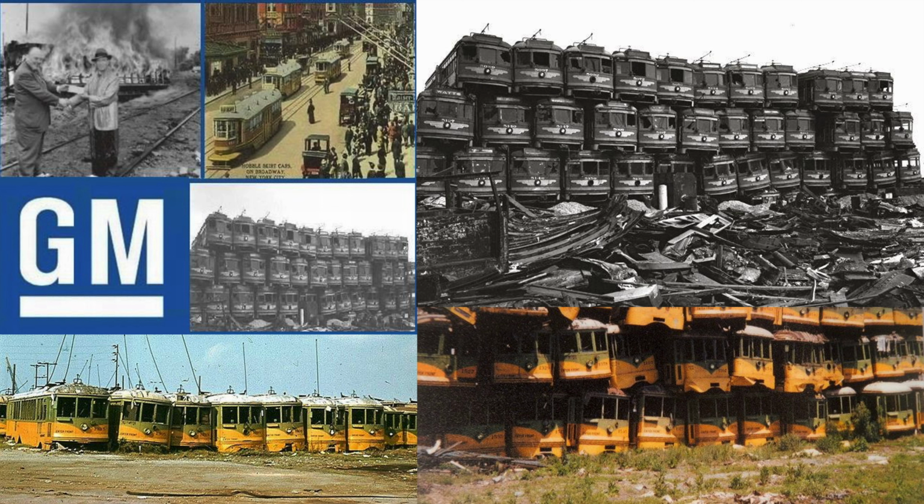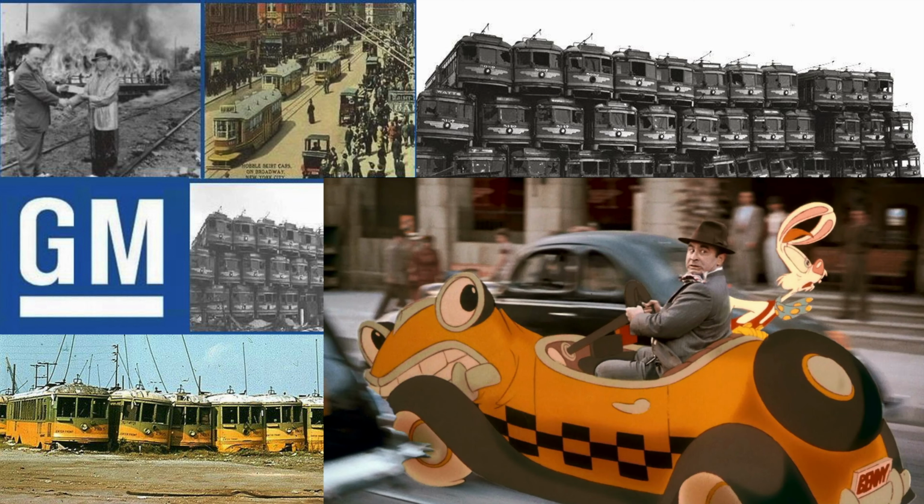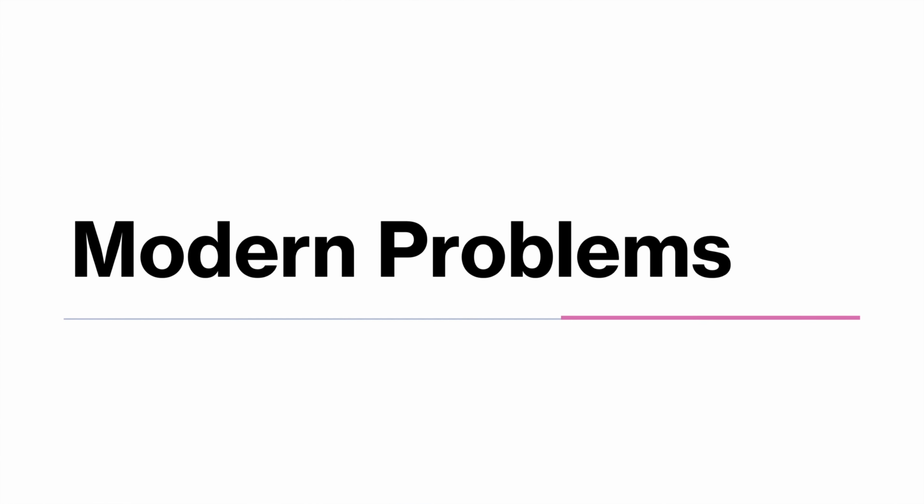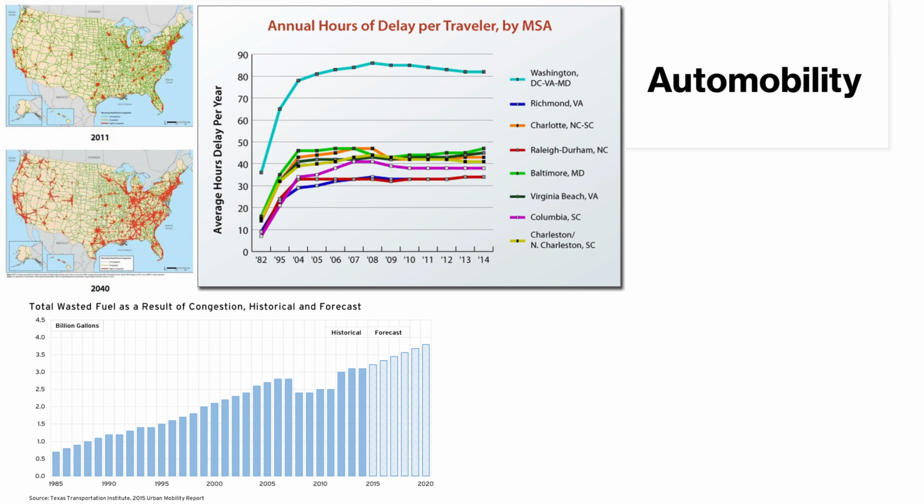But unfortunately, the damage was done, and the trolley networks were lost. Incidentally, this is also the plot of the movie Who Framed Roger Rabbit. But anyway, this led into the modern world with a bunch of modern problems, not the least of which being